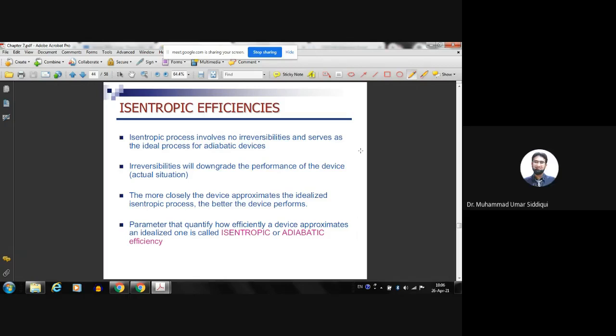Okay, so last time we started chapter number 7, and in chapter number 7, our main focus was to study the concept of entropy. We introduced the concept of entropy, and we discussed how we can get the values of entropy through the tables, as well as how we can get the change in the entropy through the TdS equations. And then we also discussed about